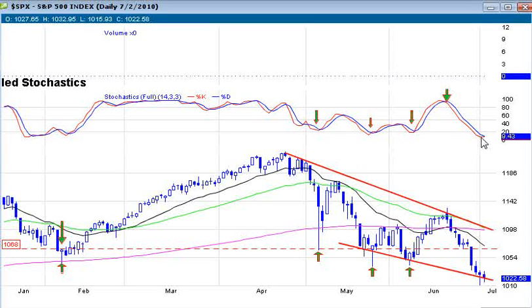We get a positive crossover on the stochastics, and we start to get an uptrend pushing back up towards the downtrend line here. Or the other scenario is we break down here, we confirm the downtrend, we really break down, and not to say all hell breaks loose, but then we really pretty much confirm what we call a bear market, a 20% pullback from the highs, and that would confirm a bear market, and that would show up